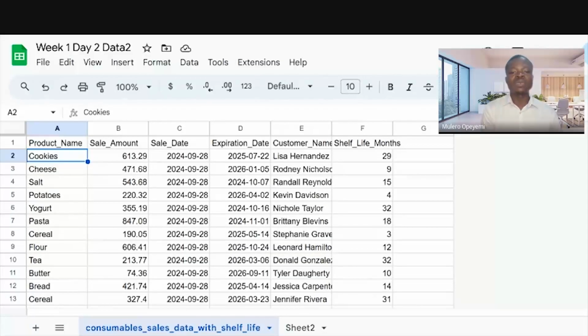Now that we know what exactly has happened, the next thing that you do is we want to diagnose why what happened happened. So why was it that this particular thing happened? If we're able to find out why it happened, then we can actually make recommendations as to what exactly should be done. If it's a desirable outcome, then we can say, okay, to keep up with what has happened, what can be done? And if it's a negative effect, we can also find out what we can do to mitigate such effects in the nearest future. So after you must have described, then we prescribe.